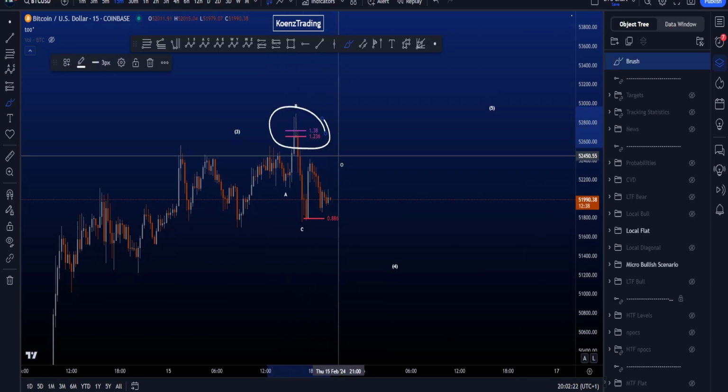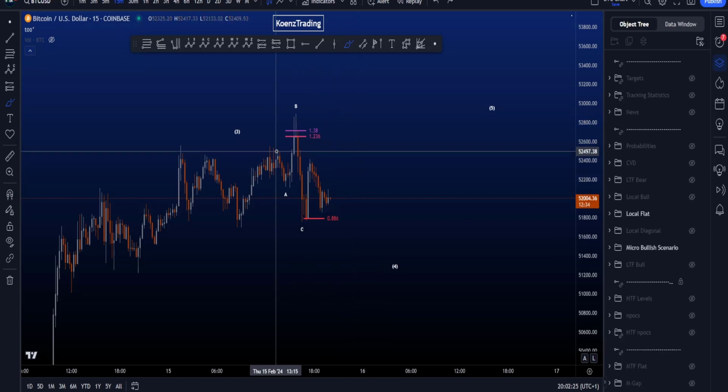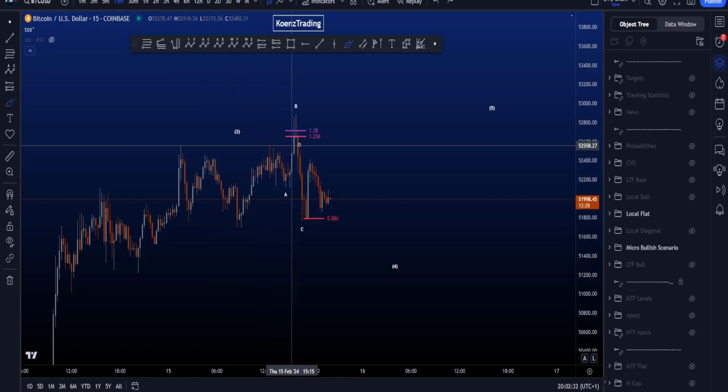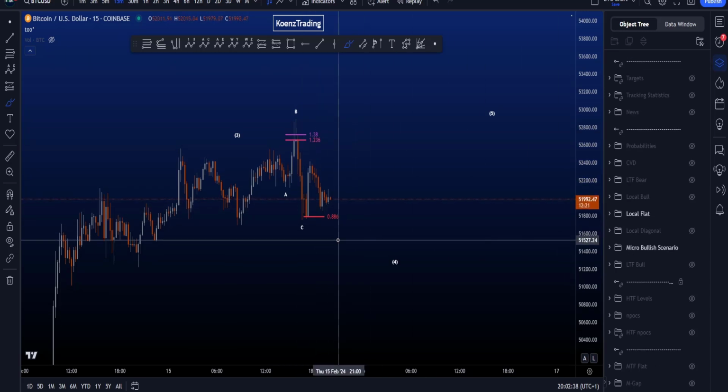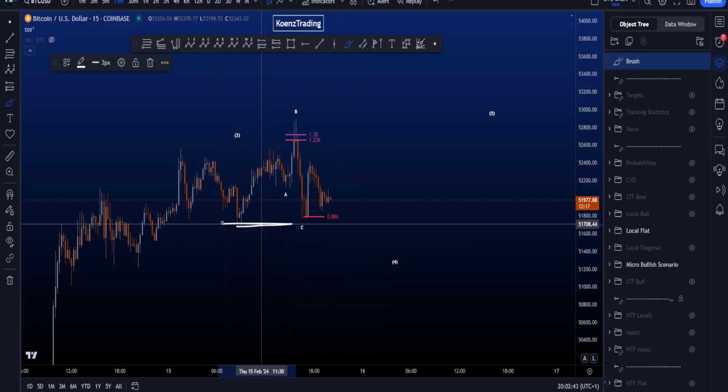The common target for a wave B is between the 1.236 and the 1.38 Fibonacci, and you can take this fib from this high to this low or this high and this low. Doesn't really matter, as the result over here is the same, and this move then to the downside remains a wave C. However, this is then a running flat structure at the moment because we haven't yet taken this low